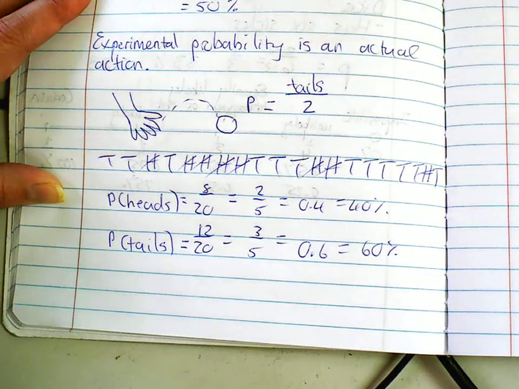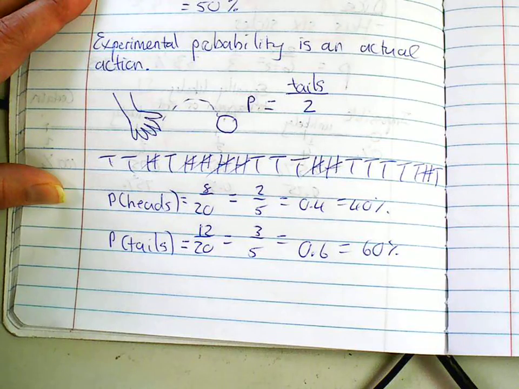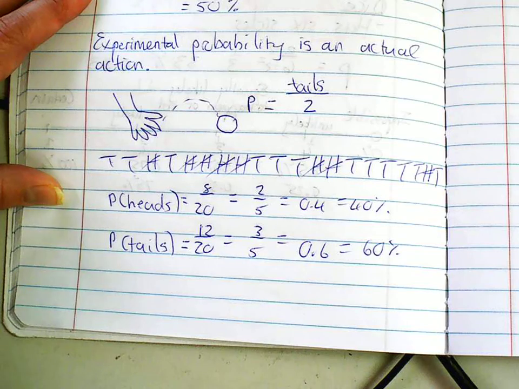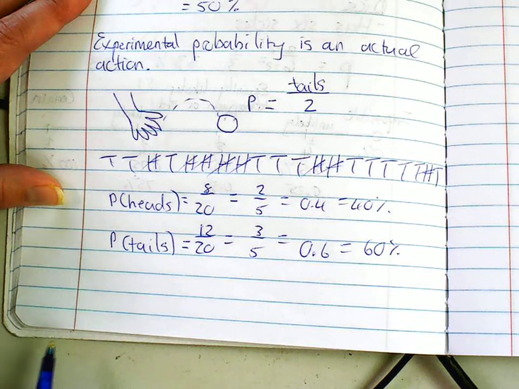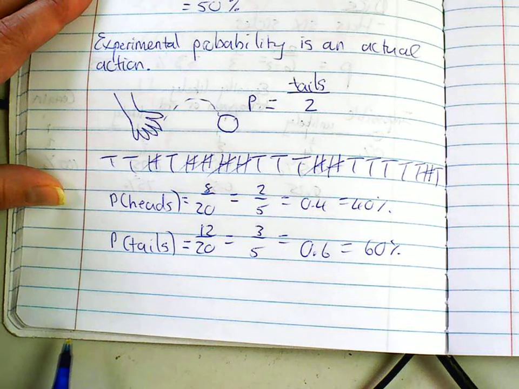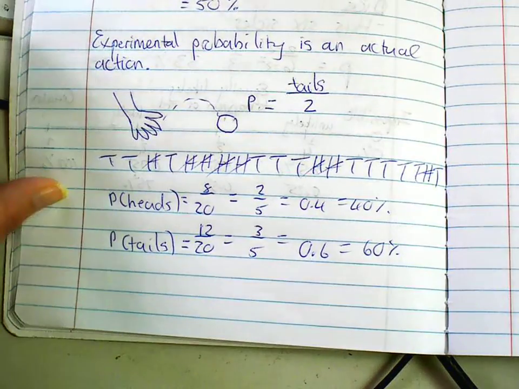Okay, now what's the point behind all this? It is to tell what we think is going to happen next. If I throw this coin, am I more likely to get heads or tails? Just think about it. You're going to go, probably tails, because that happened more often. But is that a given fact? No, it's not. So we're back to thinking about it again, saying, you know, there's still a 50-50 chance of tails or heads.